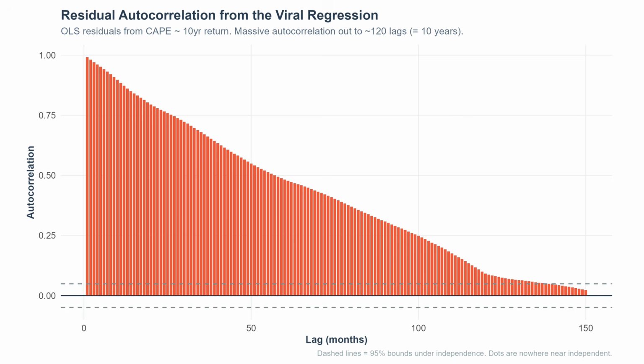The biggest assumption is that every single data point is a brand new, completely independent piece of information, like flipping a coin. Right. If I flip a coin and get heads, the universe doesn't remember that. The next flip is completely independent. The odds completely reset. Exactly. OLS expects your data to act like coin flips. When the computer runs OLS on this viral chart, it assumes it is looking at 1,593 completely independent 10-year periods of stock market history. Wait,